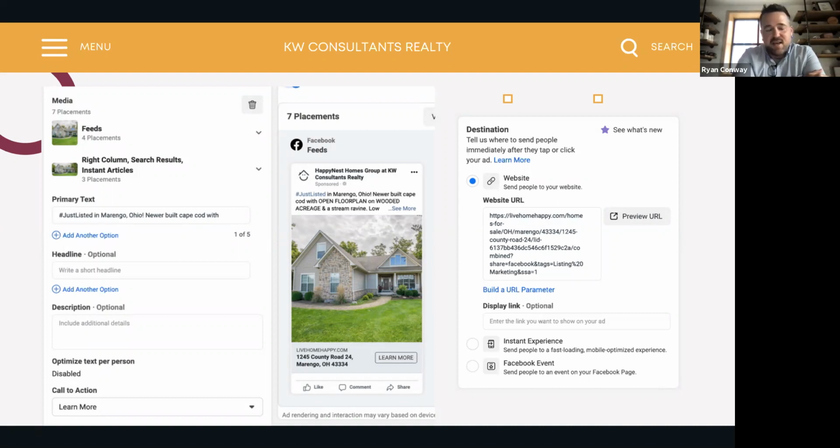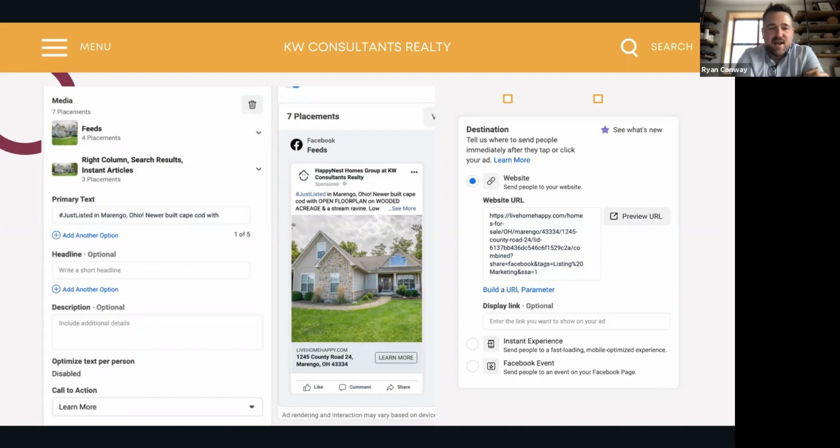I can change the headline. In this case, I didn't, but that would change the part to the left of where it says learn more down there, where I just show the property address. I don't tend to change that. I like to leave the address there so people can see it and don't feel like I'm creating a bunch of barriers to hide information from them. I can also add an additional description below that for more details, but I tend to just like the one at the top.